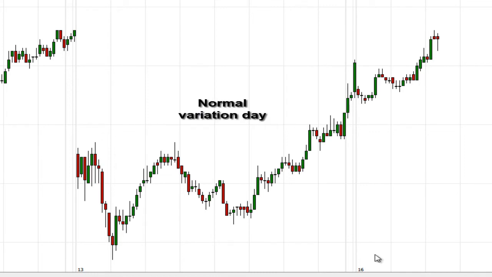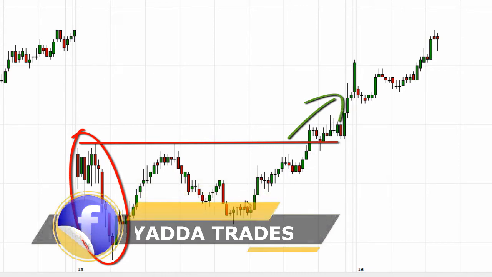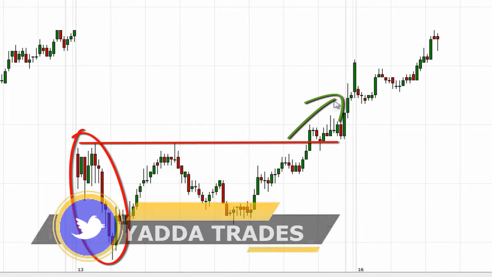The way we define a normal variation day is that the opening range, which again is the first hour of trading, from the high to the low of the first hour, gets extended to one side of the market. So in this instance, we're looking at this type of day. The opening range eventually later in the day gets extended to the upside. The buyers take control, and the low of the day stays within the first hour. The opening range set the low of the day, but the market broke out to the upside.